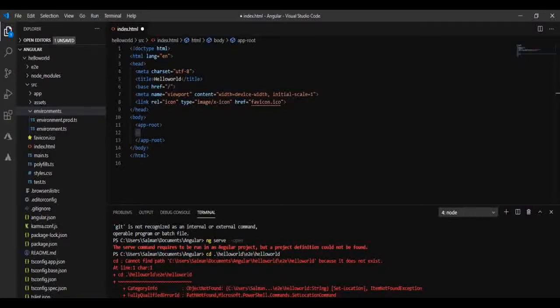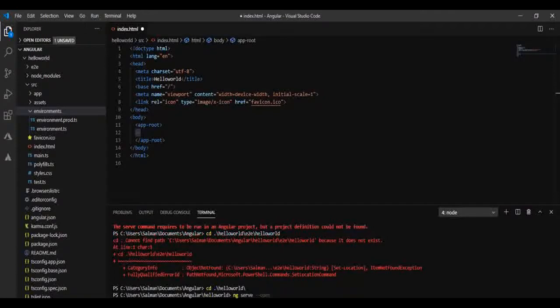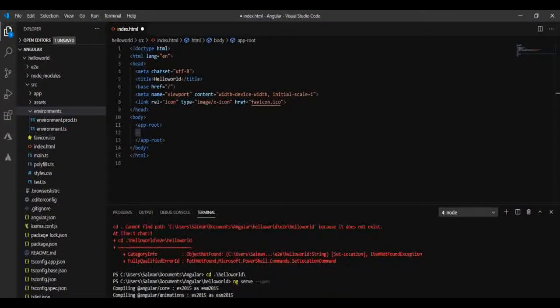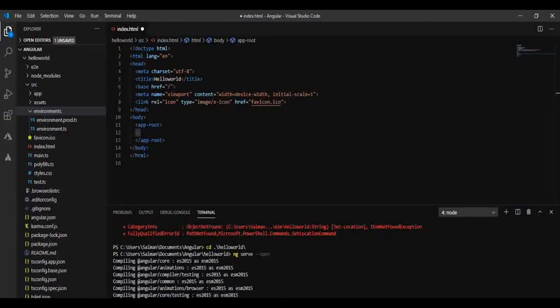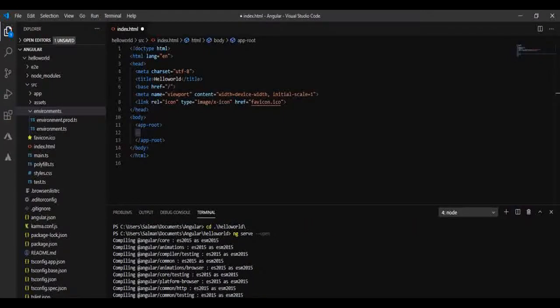It is compiling. It will take a while, and then it will show the output of our application.